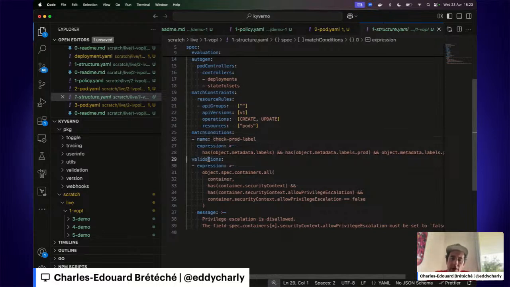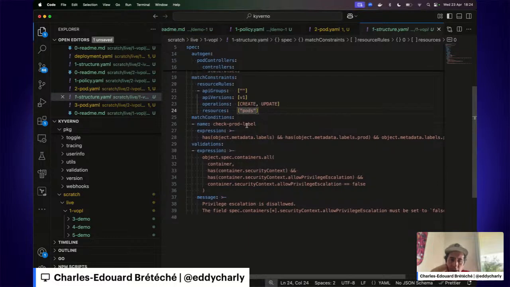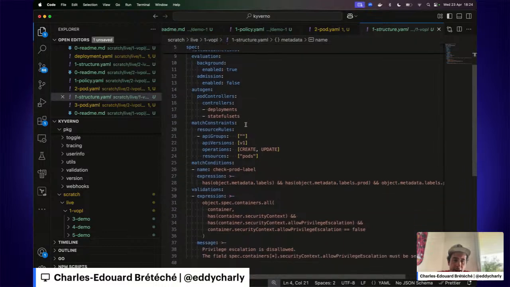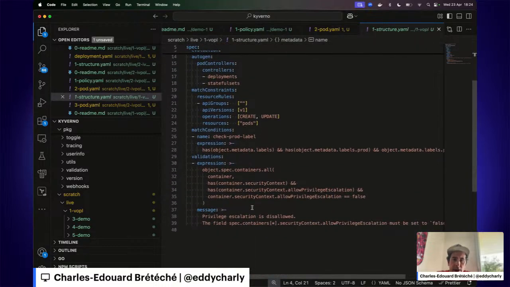And finally, you have the validations field. This validations field contains all the logic to validate the resource being admitted. So in this example, this is a policy that applies to pods, and it detects privilege escalation in the containers, and if a container has privilege escalation set to true, it will be rejected.